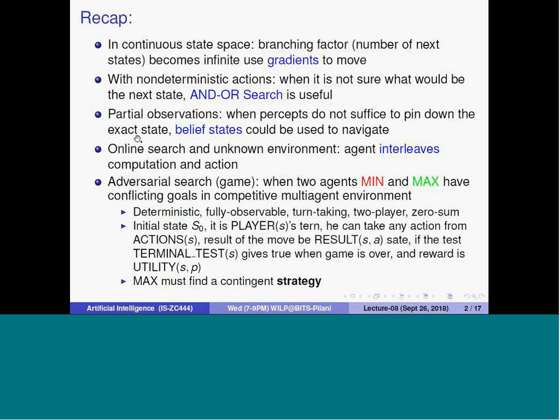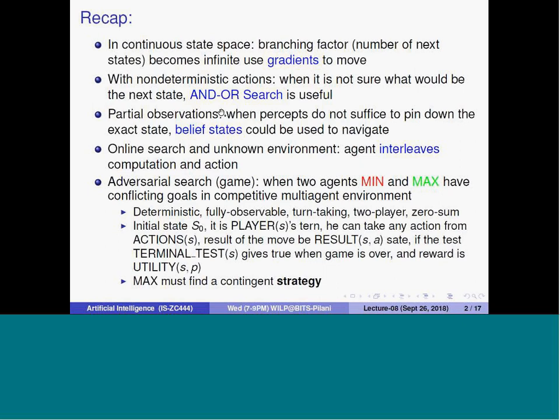So therefore, you try to build up a belief. It means you do some action and you say that after taking this action, I am definitely going to be in this particular state, and from that state I would take this action, and then I will be able to solve this particular problem. So to see this, what are partial observations? In partial observation, what is going to happen?